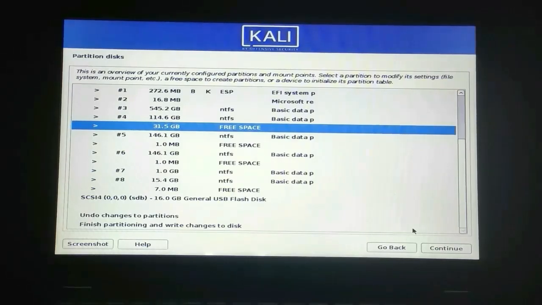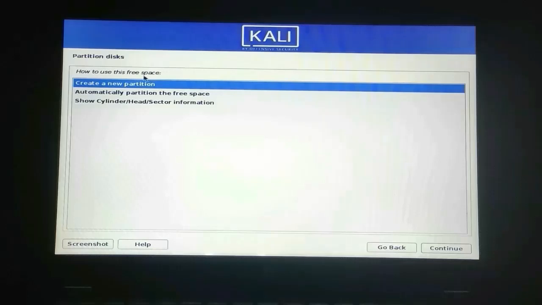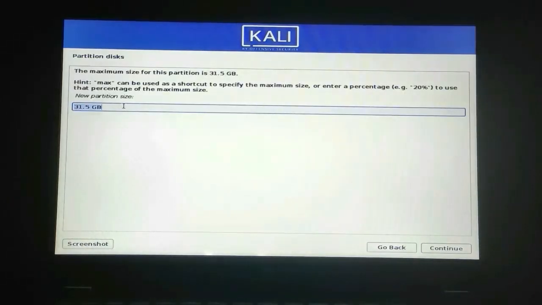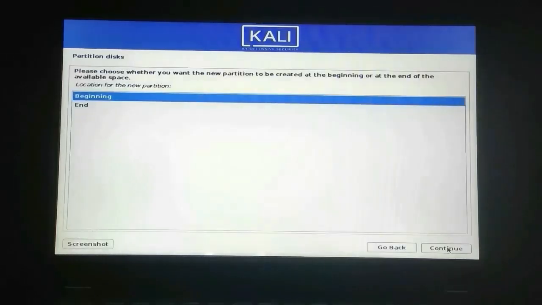Okay, let's choose this one. Now we are creating a new partition. We will use nearly 8 GB of this space in this partition. You can also do it by the percentage.